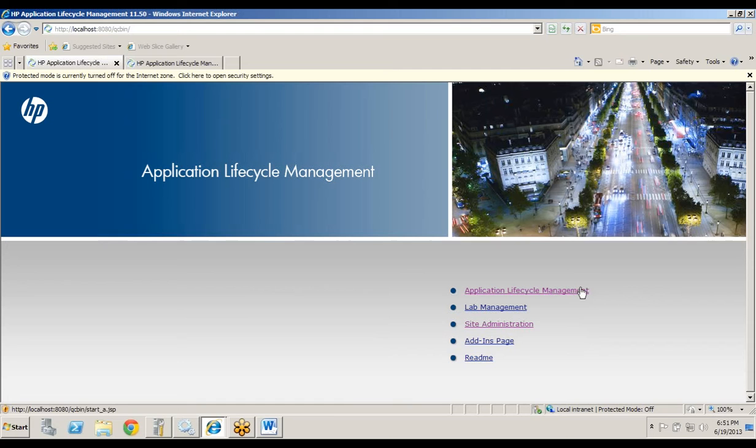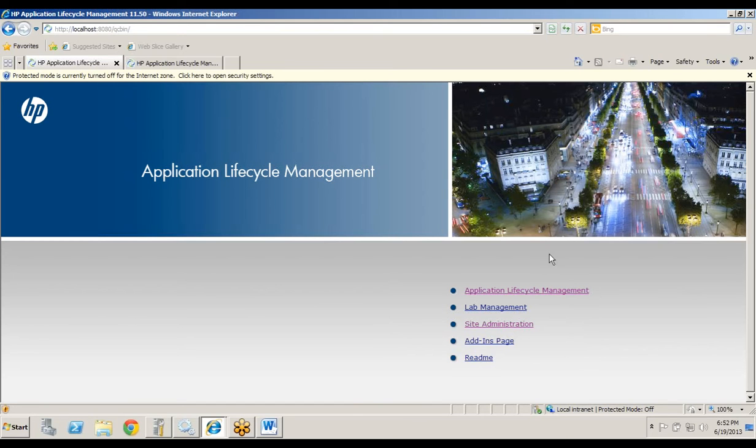Okay, so if the site admin wants to log in, he has to click on this site administration link, then he will be navigated to the respective login page. The users who are responsible for other activities will be accessing this application lifecycle management. They are the testers, developers, and the business analysts, and many more people. But for the site administration, only one login will be there. Okay, who is the super admin who will be having the full-fledged privileges to do anything with this tool.